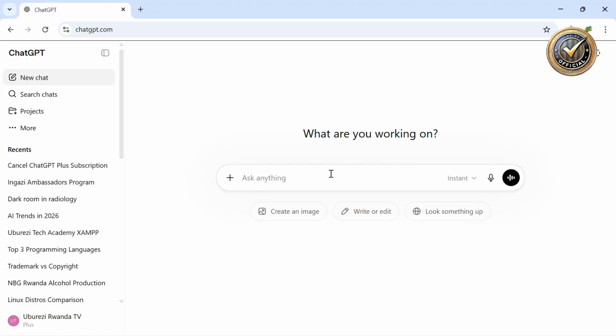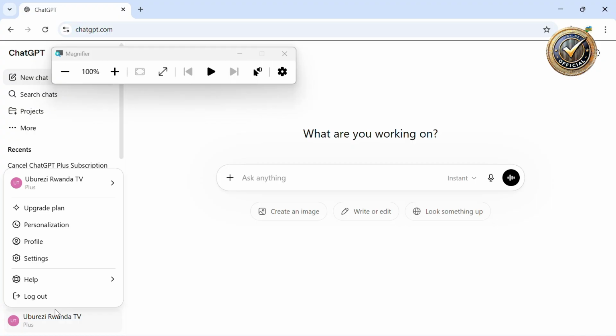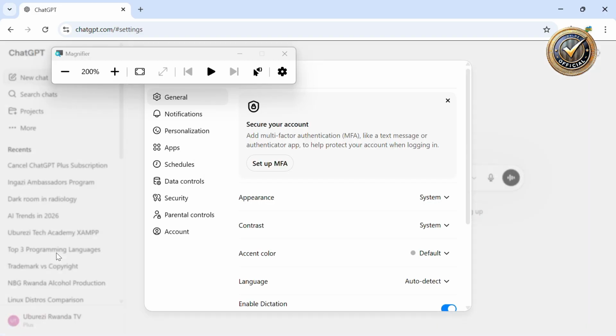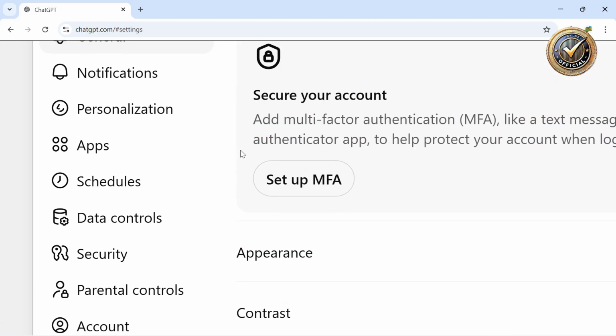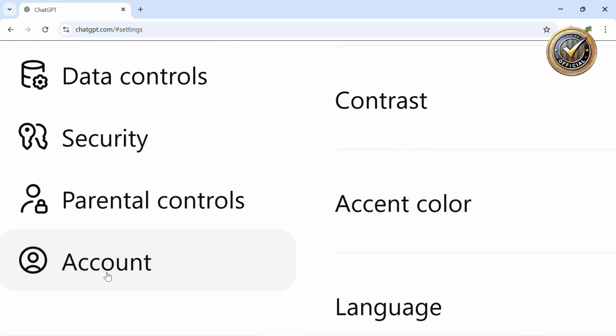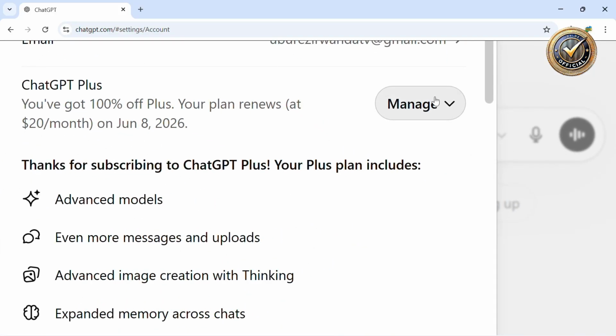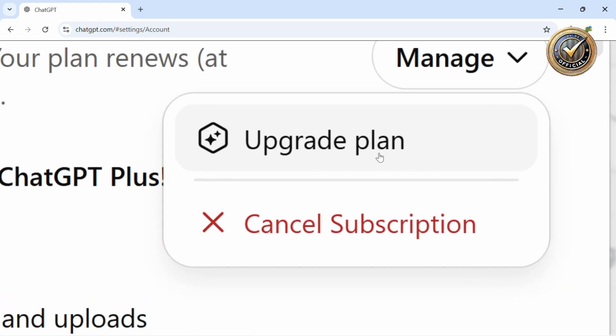So now you open your ChatGPT by using your computer or your mobile phone, and come to your profile and click on settings. After you click on settings, you will see many options, and come here and click on account. After you click on account, come here and click on manage, and after you click on manage, you will see upgrade plan